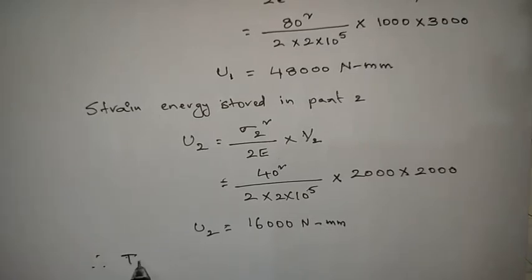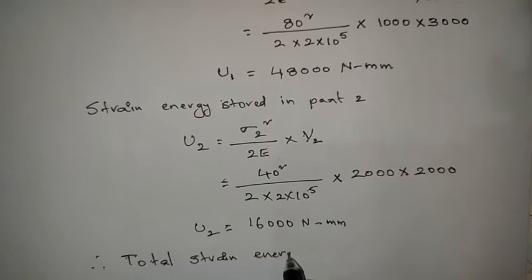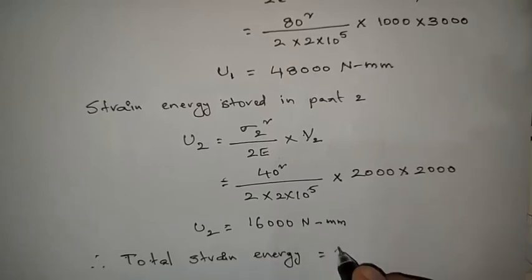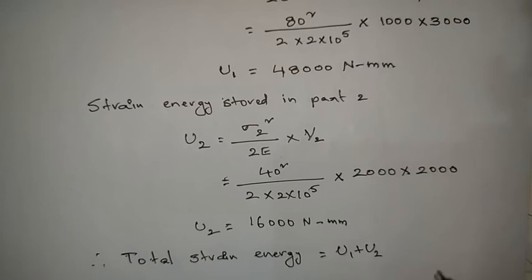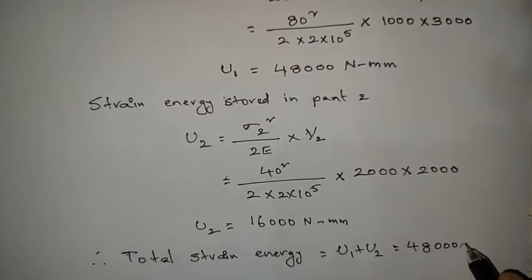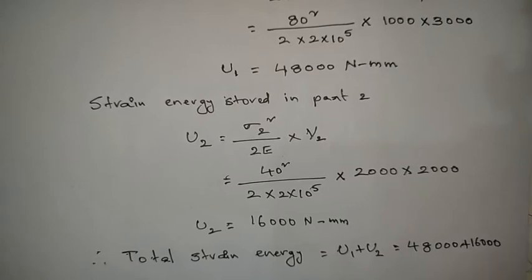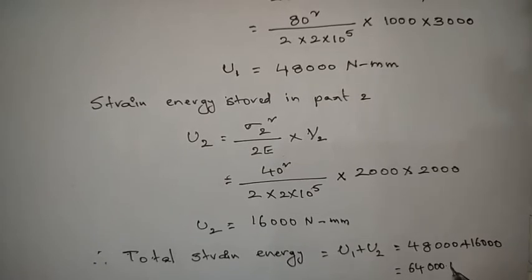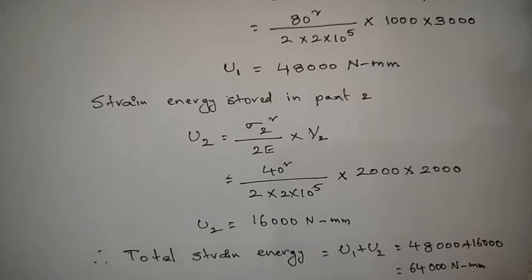Therefore, total strain energy is equal to U1 plus U2, that equals 48,000 plus 16,000. So that will be equal to 64,000 Newton mm, right? So now this is the first bit he asked, and then what he asked,